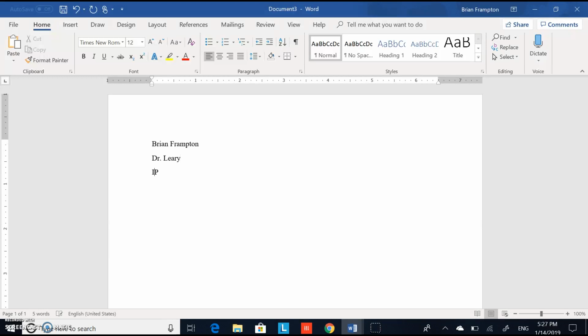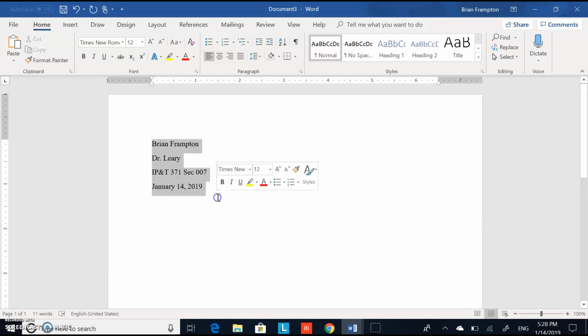The name of the class, and usually put a section number just to clarify things. Last but not least, you just put today's date. Usually make that double space. So you go up here to paragraph,